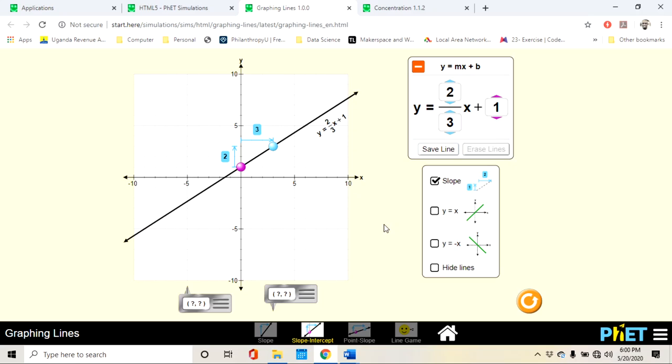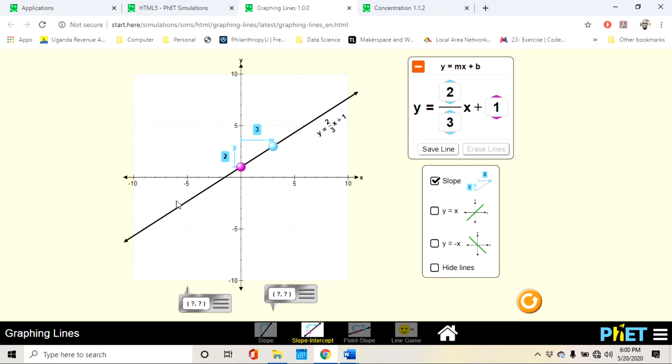Okay. So this is in mathematics, mostly in algebra. I don't know which topic that is in, but as you can see,